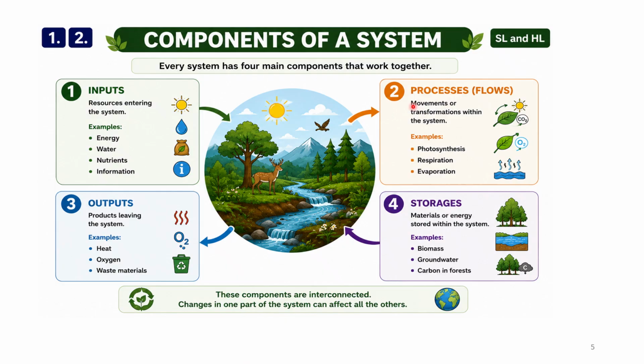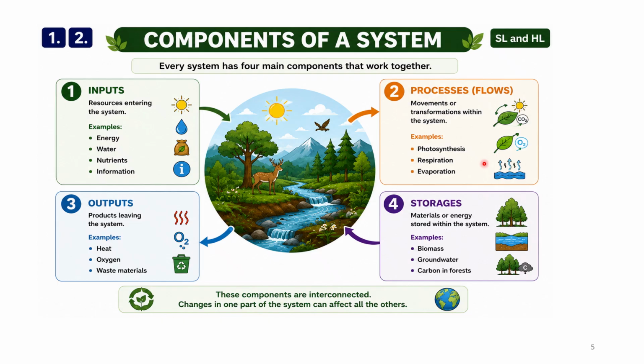Second are processes or flows, which involve the movement or transformation of matter and energy within the system. Examples include photosynthesis, where plants convert sunlight into chemical energy, respiration, where organisms release energy, and evaporation, which transfers water